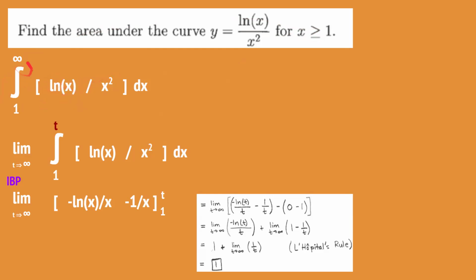So once again, we see this infinity and we say, okay, that's stupid. I don't want that in there. So we replace it with the t, but we have to have this limit right here. Limit as t goes to infinity. This is basically saying, all right, it's okay to put a t here now instead of infinity. Now we do the integral of this, which